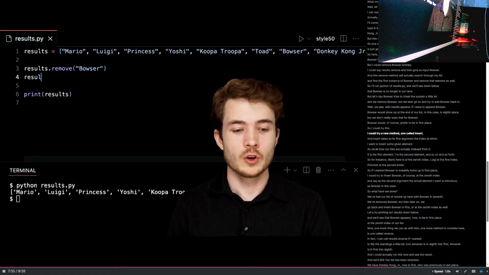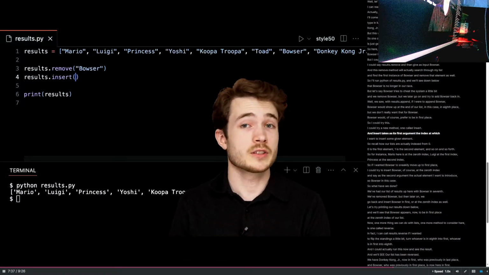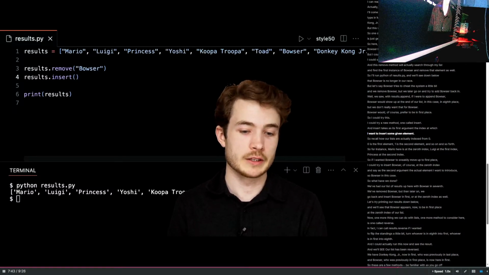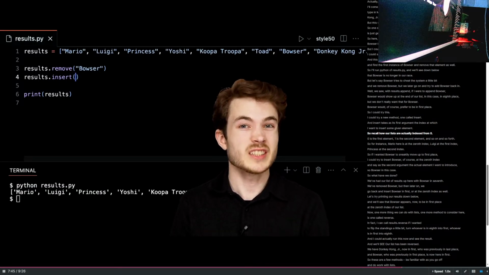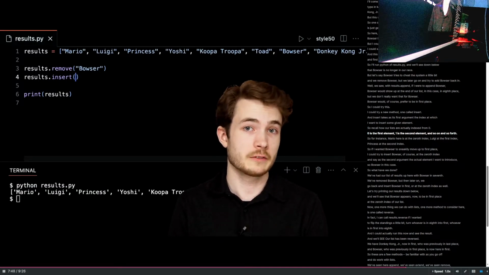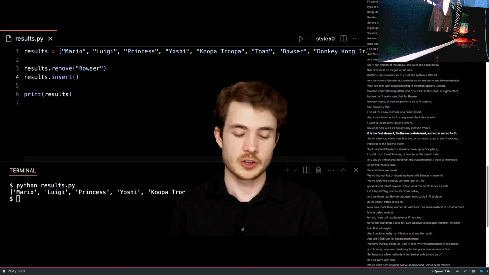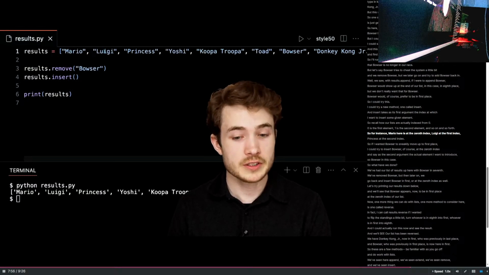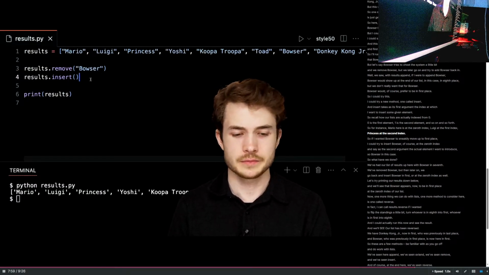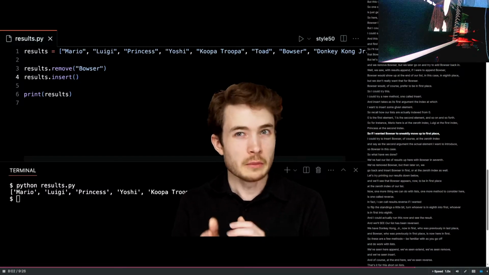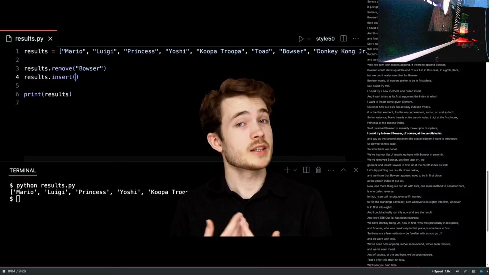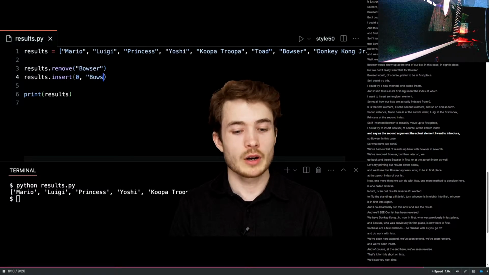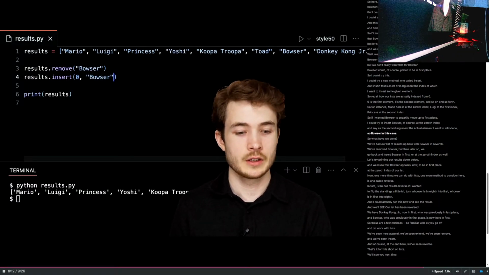I could try a new method, one called insert. And insert takes as its first argument the index at which I want to insert some given element. So recall how our lists are actually indexed from 0. 0 is the first element, 1 is the second element, and so on and so forth. So for instance, Mario here is at the 0th index, Luigi at the first index, Princess at the second index. So if I wanted Bowser to kind of sneakily move up to first place, I could try to insert Bowser, of course, at the 0th index, and say as the second argument the actual element I want to introduce, so Bowser in this case.